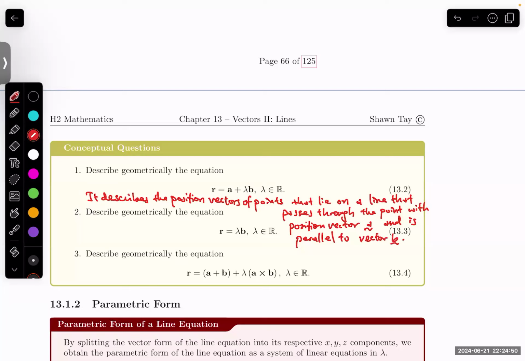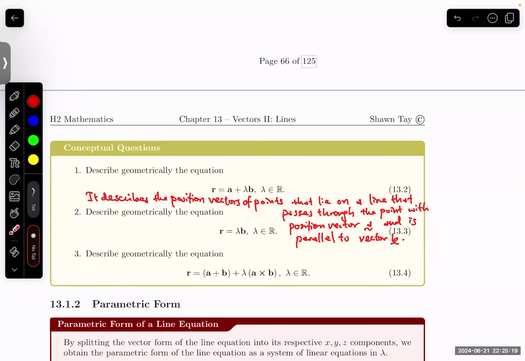Okay, so this is like the perfect answer lah. I'm a little bit harsh or a little bit strict when it comes to this kind of precise definitions, but if you want, you can still call it a line. It's just that you cannot just call it a line. You must tell me that it's talking about all the points on this line, which sounds a little bit silly, but you need to mention the points,